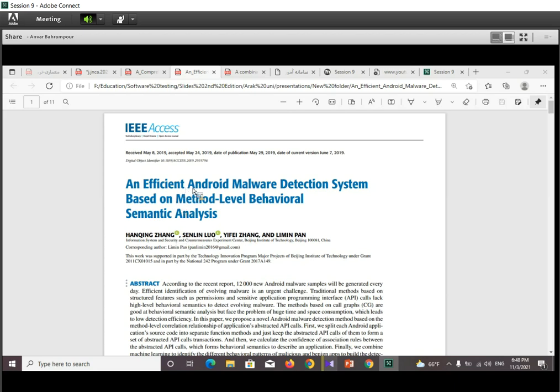Noor, which is titled "An Efficient Android Malware Detection System Based on Method-Level Behavioral Semantic Analysis," in 2019 by IEEE Access, a prestigious journal with a high impact factor in computer science and software engineering.